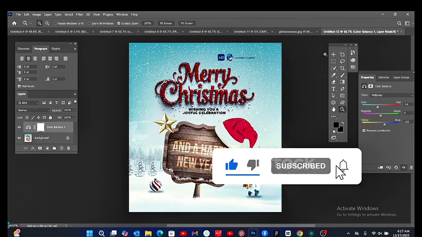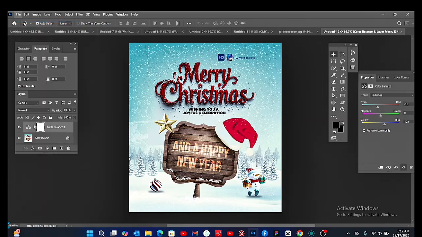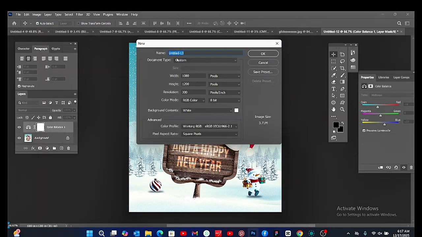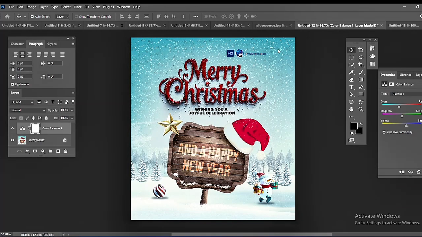Now I'm going to create a new file right now. So I'll click on my file and then click on new. After that, the next thing I'm going to do is to use this size. The width is 108 and the height is 1200. Resolution should be 300, RGB, and then click on OK. Alright, so